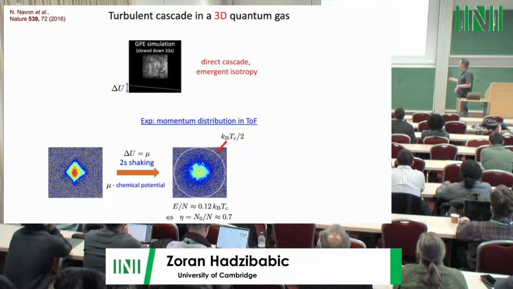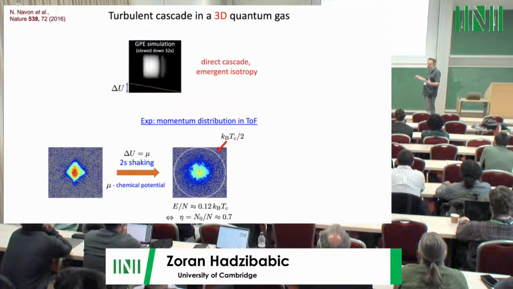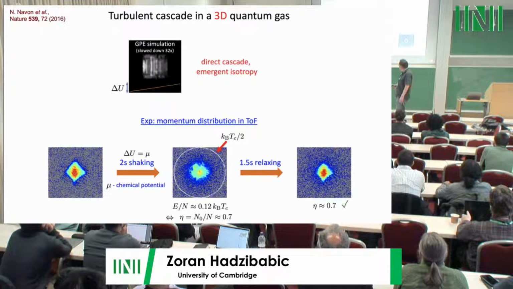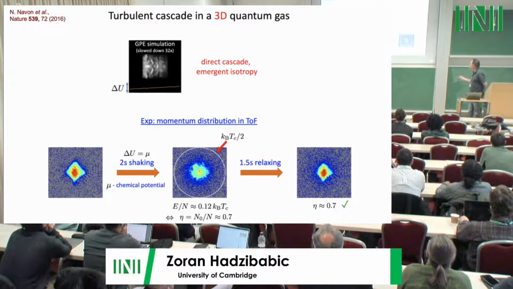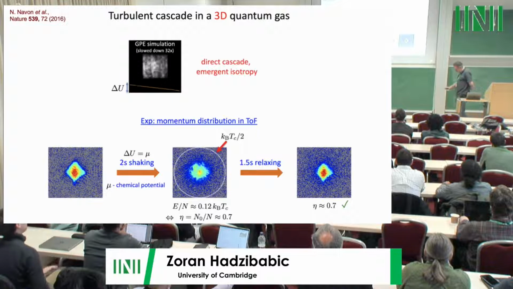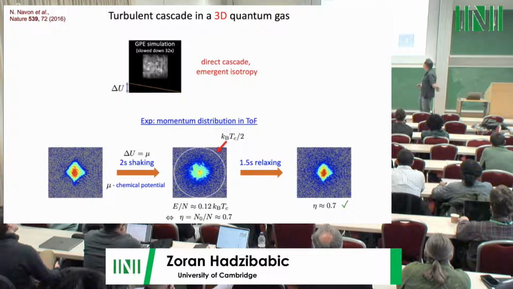And the actual energy per particle is something like 10% of the critical temperature for condensation, which means that if you take the total particle number and the total energy, you would say, if this cloud was in equilibrium, it would actually still have 70% condensed fraction. You started with 100, it cannot still be 100 because you pumped in some energy, but it would still be 70. And indeed, if you let this thing relax, I'm not going to talk much more about relaxation today. It is something that we're also interested in. But if you do relax the system by stopping the drive, indeed you get back exactly the condensed fraction that you can predict with a simple calculation.